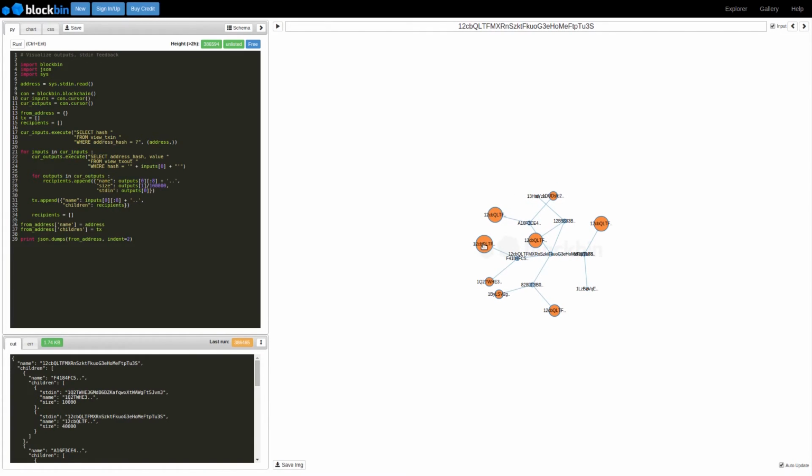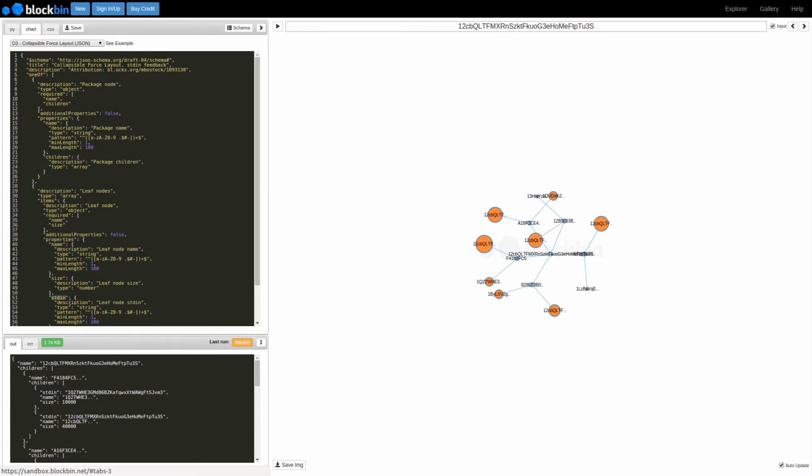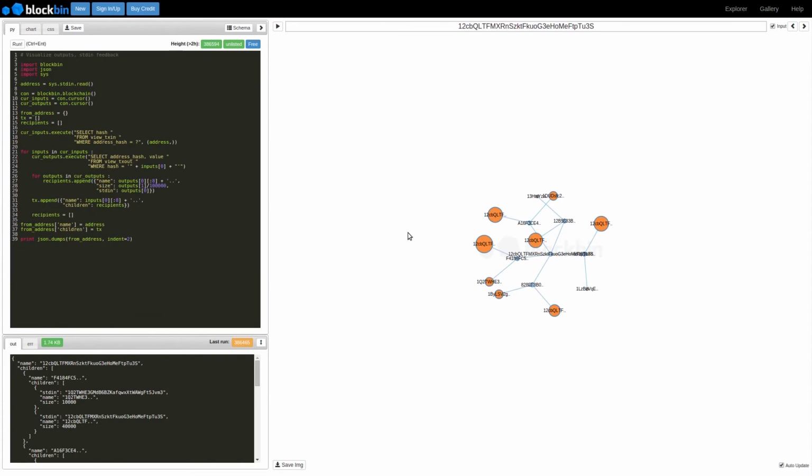And the leaf node size is proportional to the size of the output value. It also accepts a standard input field. And upon clicking a leaf node, it will automatically update the input box and then automatically rerun your code, feeding your code with a new standard input value.